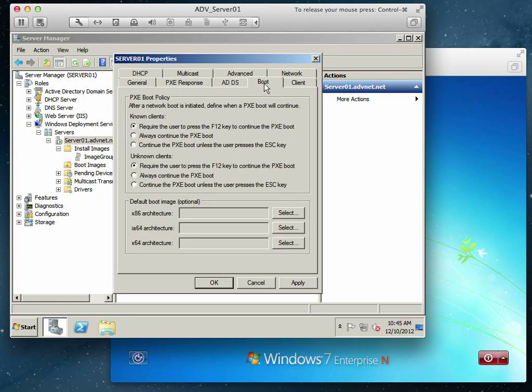Next, under boot, it says here that the server will allow clients to boot to it, but then it's going to require you to push F12 in order to continue. And that's all great if you're sitting right there in front of the computer and you can quickly press F12, but for our virtual world and our testing environment here, we're going to set that to always continue to PXE boot for now. So set it for both known and unknown clients to always continue the PXE boot. We can change this back as soon as we're done imaging this process, but that F12 option is nice to